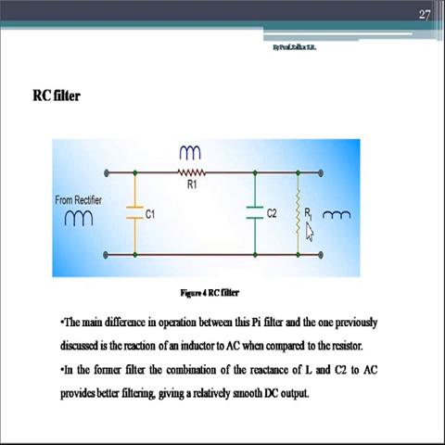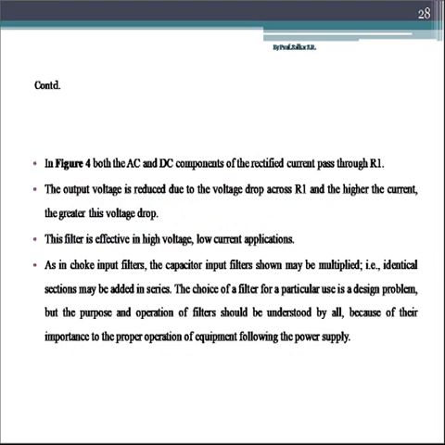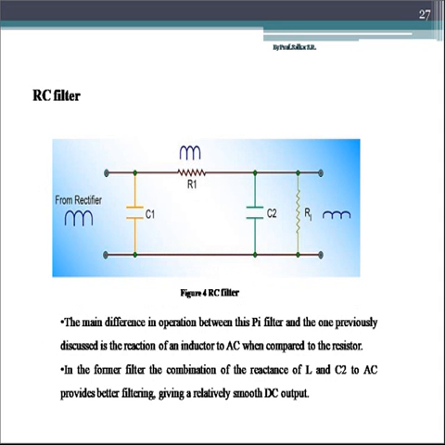So this is how we can use the RC filter instead of LC, which reduces the cost of our circuit. Also it is advantageous, that is we can set the value of R as per requirement and use this kind of a filter. So now there is one advantage related to the LC and RC filter.